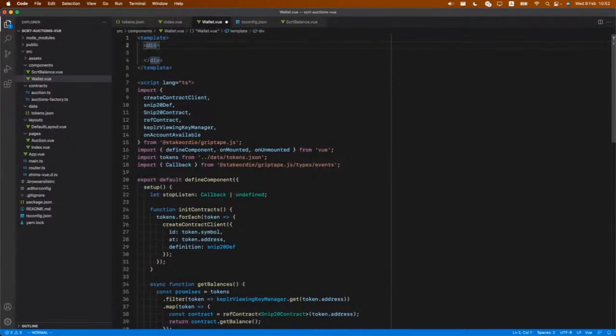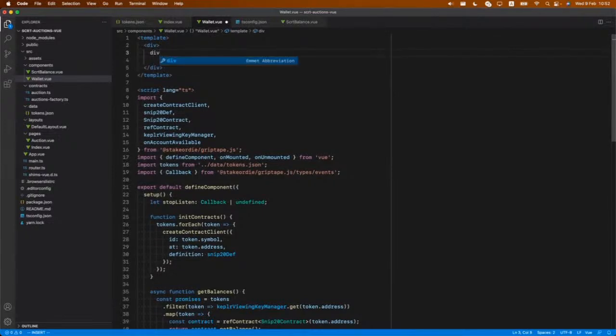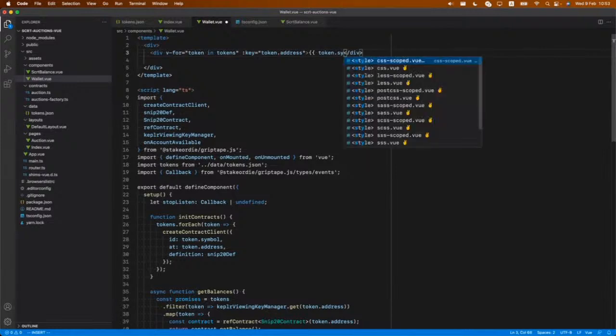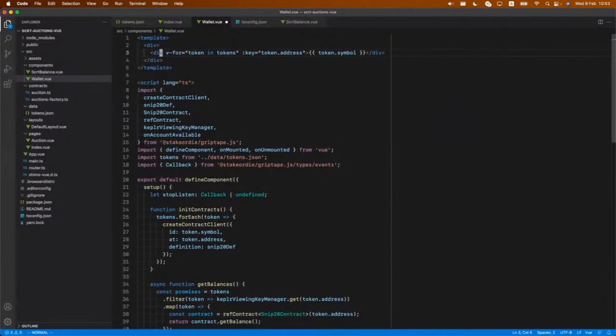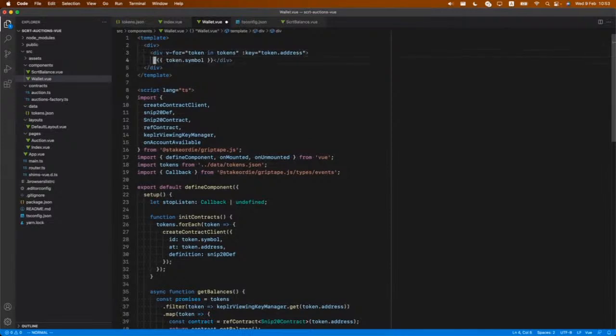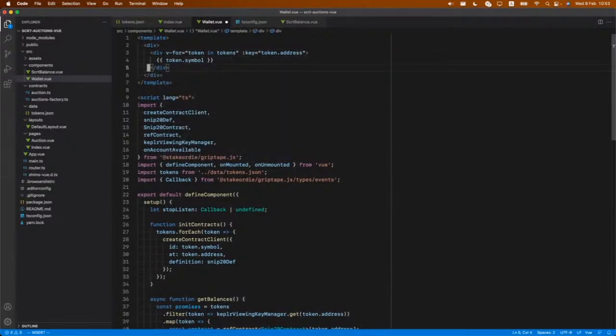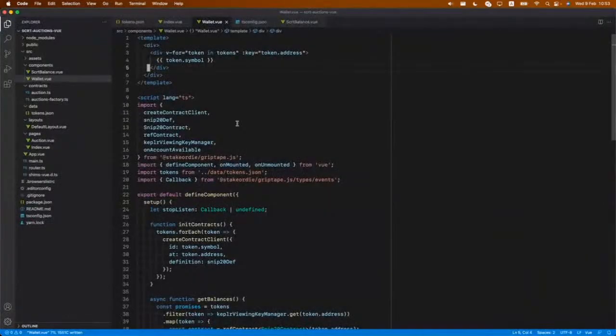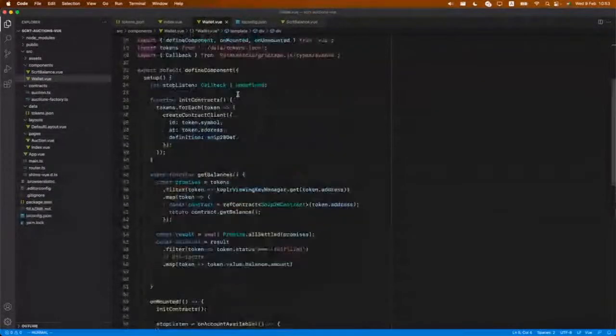So I'm just going to do it for each token. So there you go. And then I'm going to